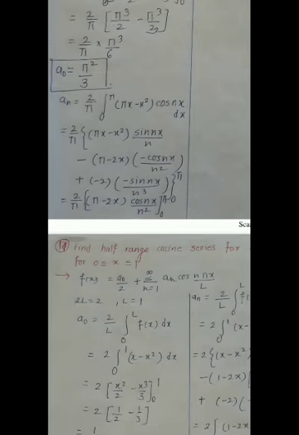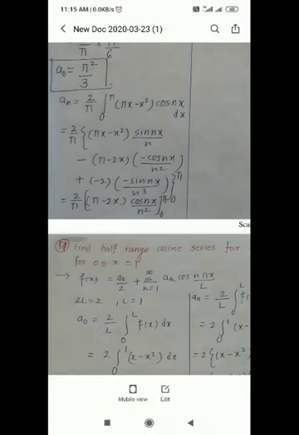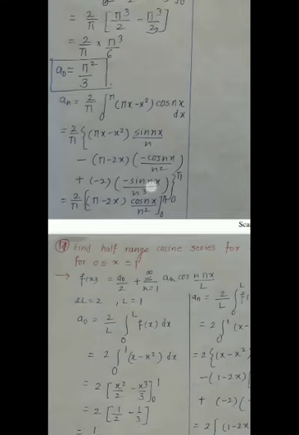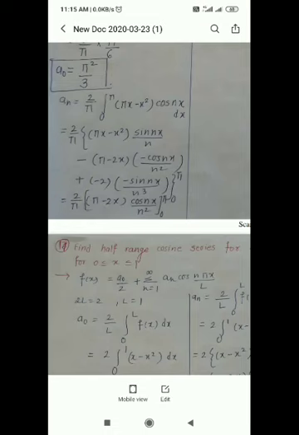Now if you put here limits, first upper limit x equal to pi, then observe this carefully, sine and cosine terms. Here if you put x equal to pi, so sin n pi. Here also sin n pi. So sin n pi is 0, sin n pi is 0. Means for upper limit this term is 0, this term is 0. Similarly if you put lower limit x equal to 0, here we get sin 0, here also sin 0. So these both are